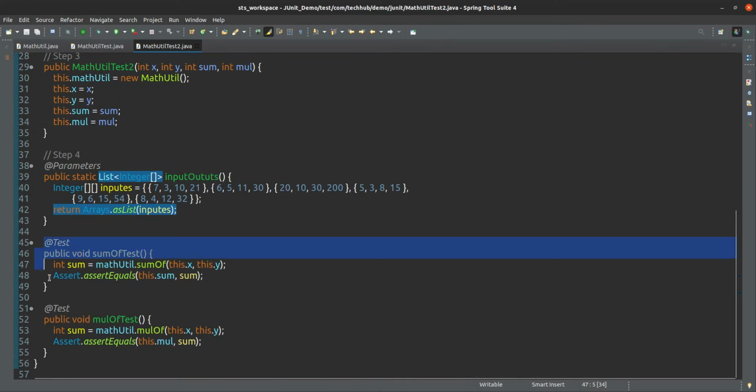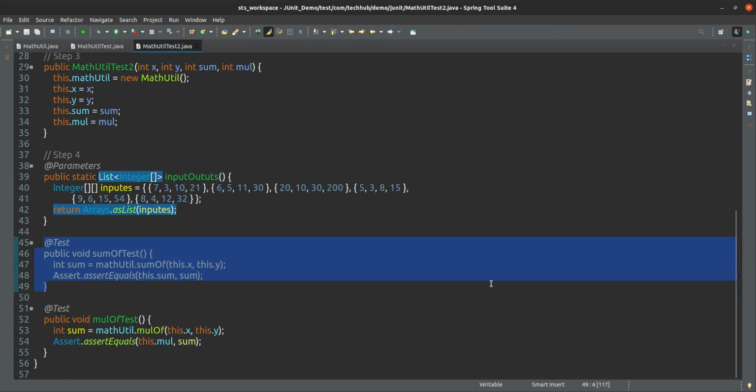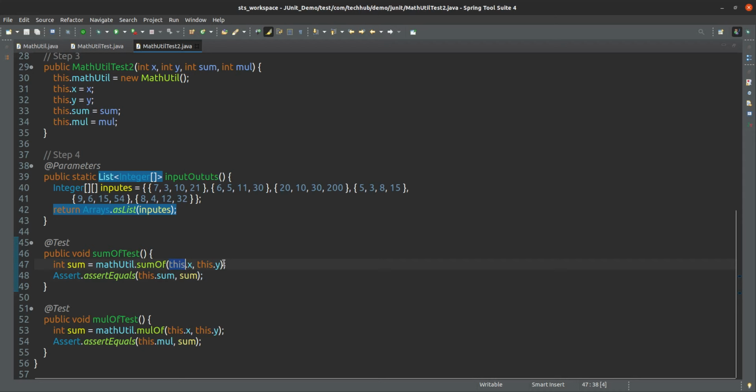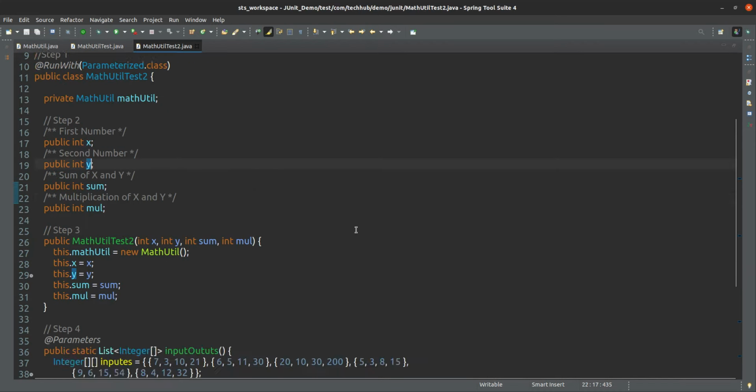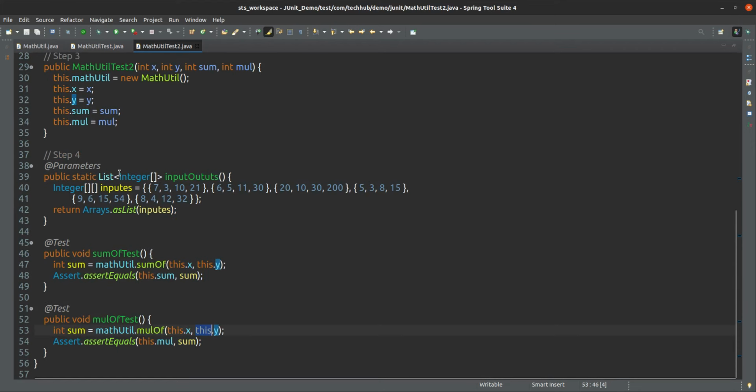This is the test case, the test cases that we have written. If you see here, what we are doing is using this.x and this.y. This.x is nothing but this one, simple. This.x and this.y, simple, this one. Here this is sum, this is sum, this is multi; you can give this name multiplication. This is just copy pasted, because of that it is coming like the number. So this is the multiplication, and it should be equal to this multiplication, simple.